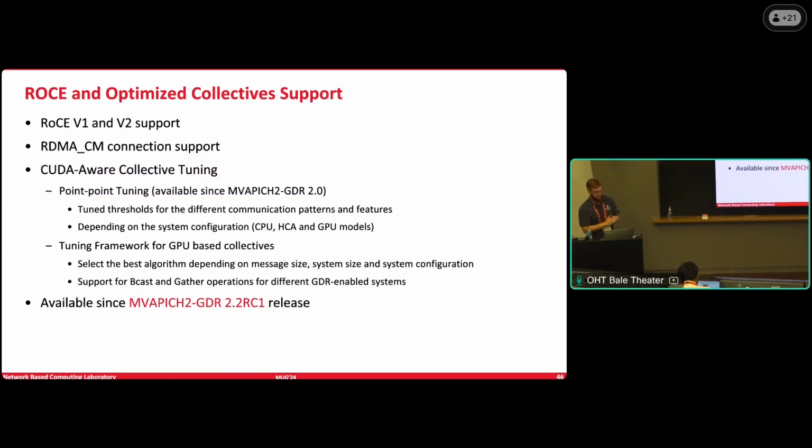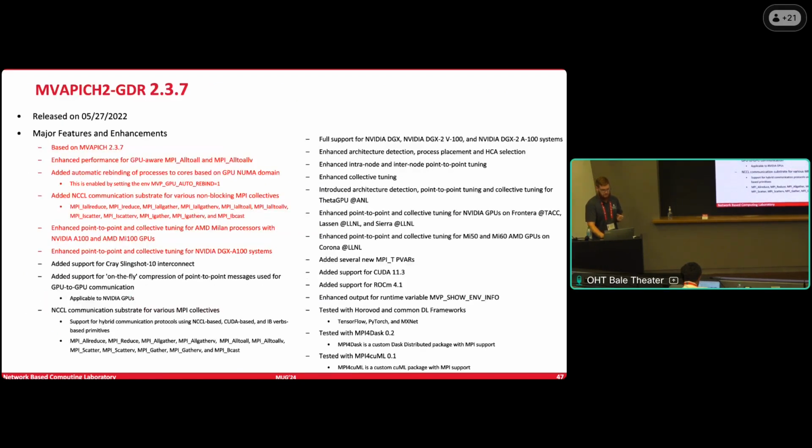We also have our CUDA-aware collective tuning, which is going to provide completely different tuning tables for GPU systems rather than CPU systems to take into account all the work that we've done on enhancing our GPU collectives. And then this is just some of the features that we have in MVAPICH 2 GDR. The final version was 2.3.7. All of these things, as I mentioned before, are making their way into the MVAPICH Plus software stack, mostly starting with these